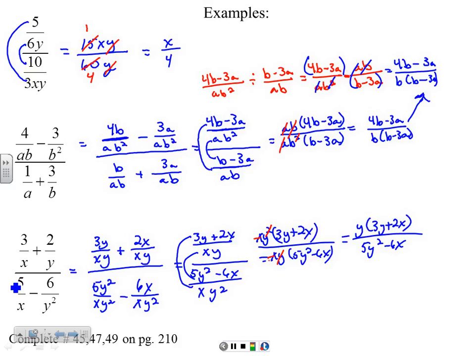So what I'd like you to do is try these three problems on page 210. If you have any issues, bring them into class and we'll